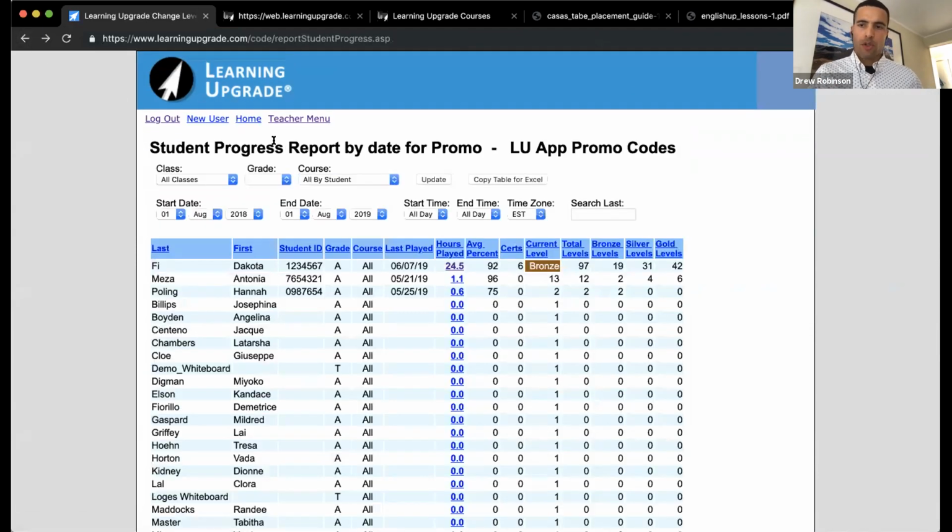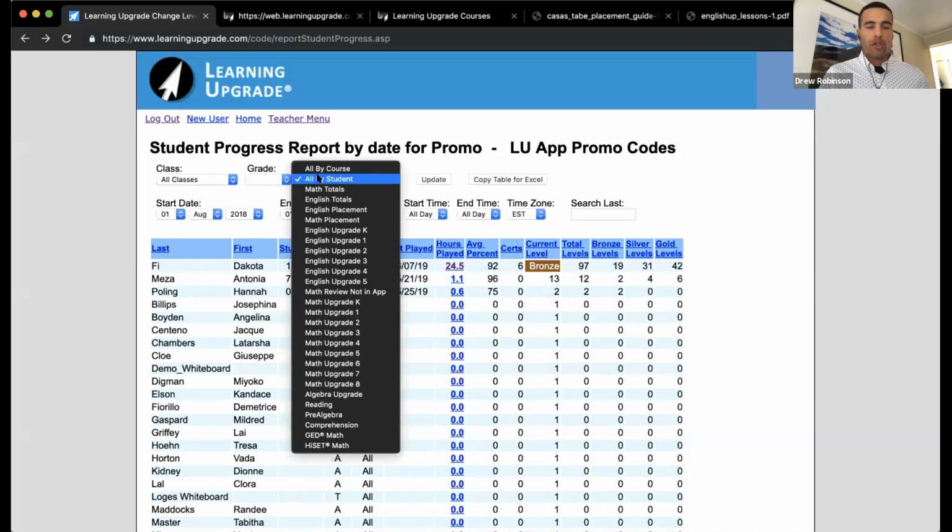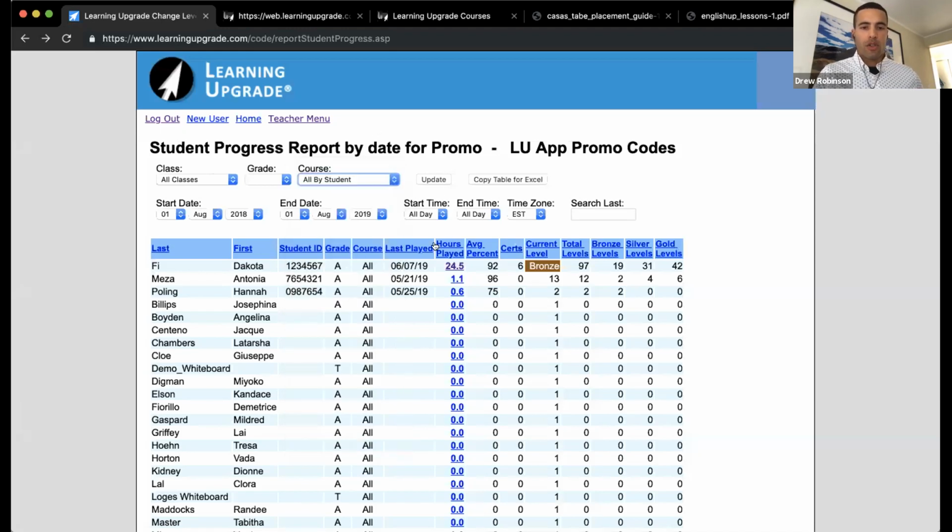So the Student Progress Report by Date, it's a really powerful report, but it's also simple. It's something that you can jump in, you can quickly set your start and your end date, view the correct class, and then start sorting down by course, student. You can view math and English totals, and then you can sort your table to view the learners who are